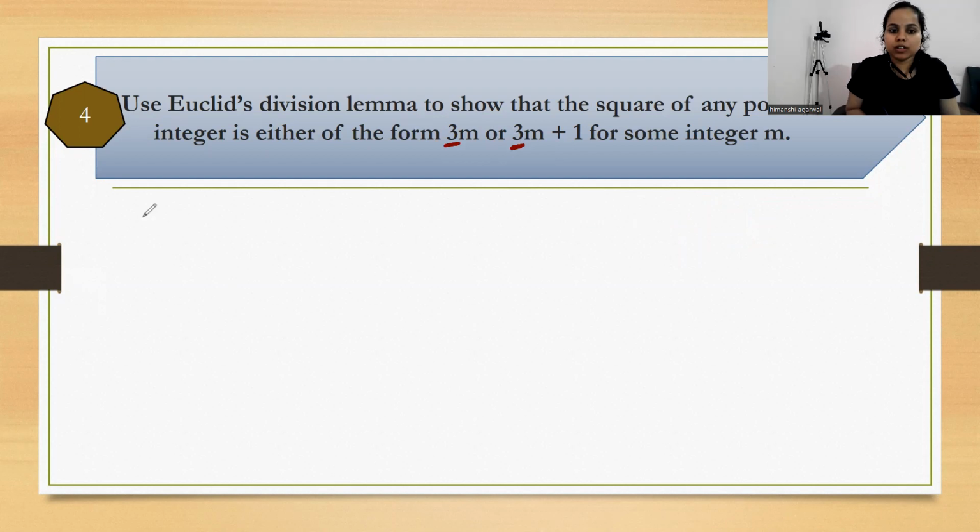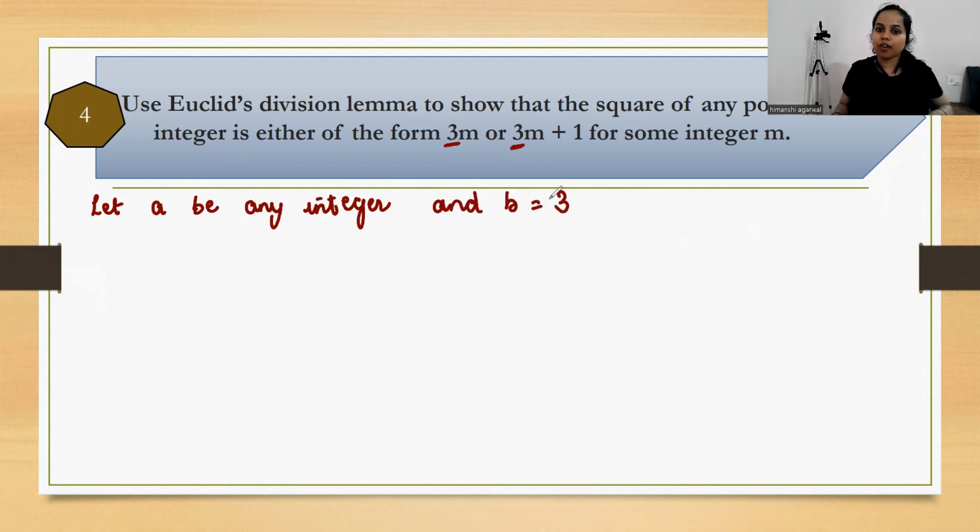So let A be any integer and B equals 3. From Euclid division lemma,